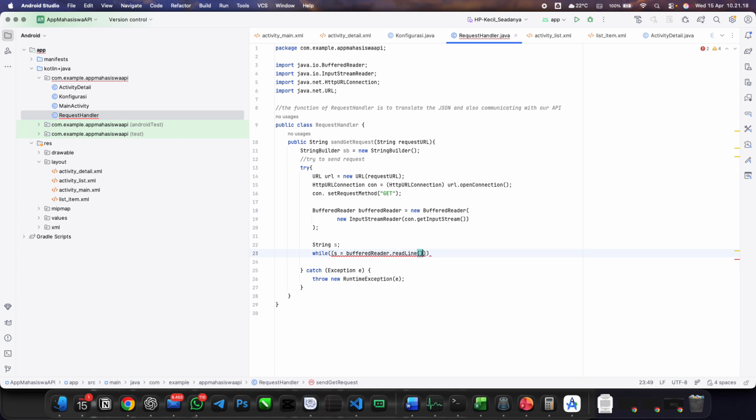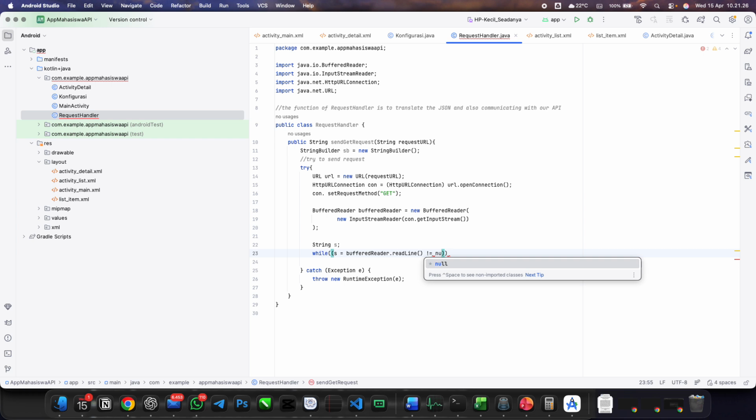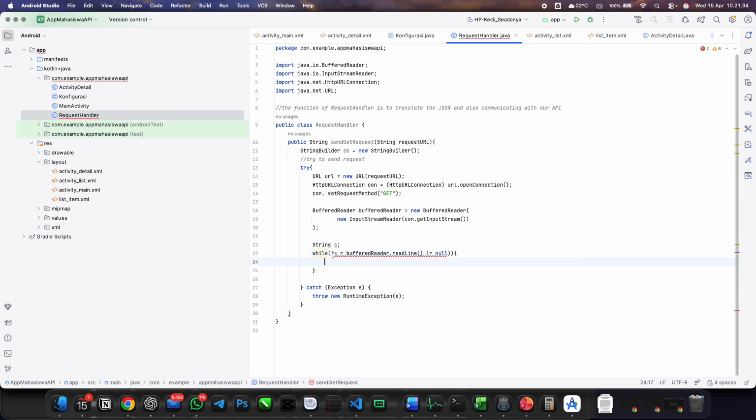We read all the lines, and it is not null. Wait a minute, I did something wrong in here. Oh yeah, I see. This one is the correct one. Yeah, you have to close the brackets before the not null.